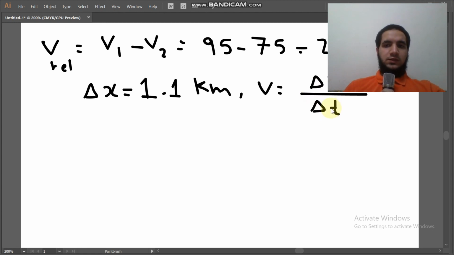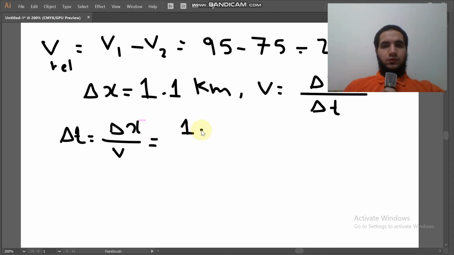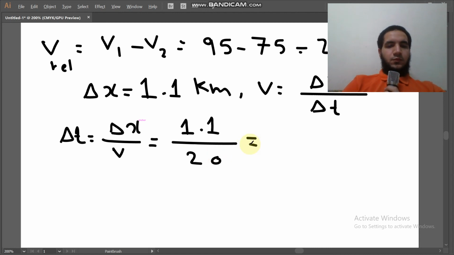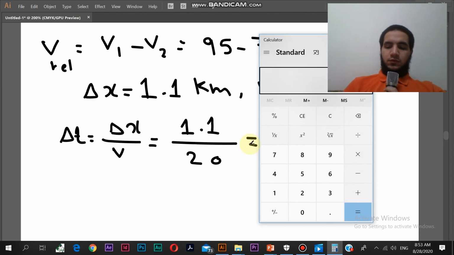So we want to know delta t, so delta t equals delta x over v equals 1.1 over 20, equals 1.1 over